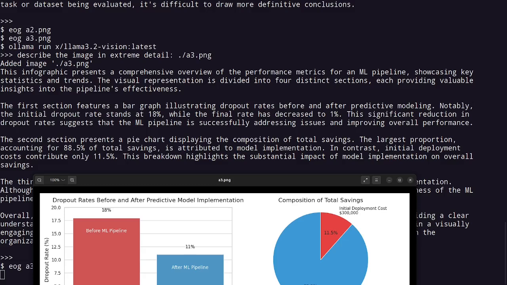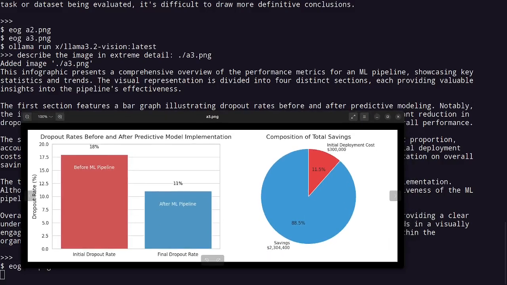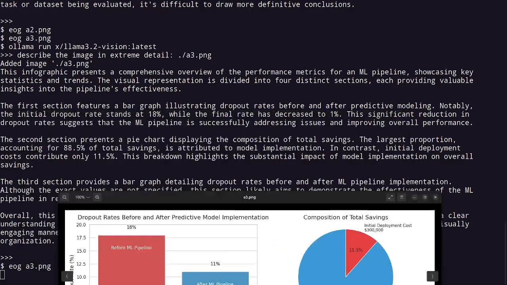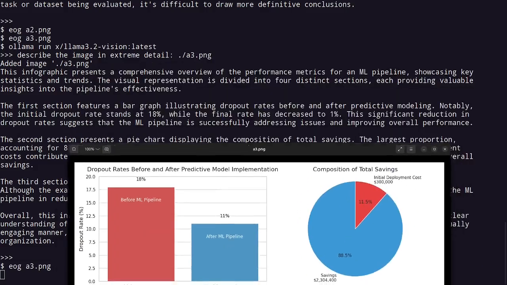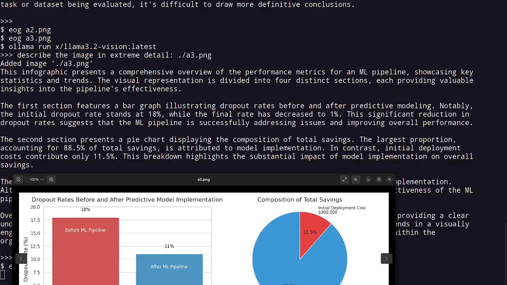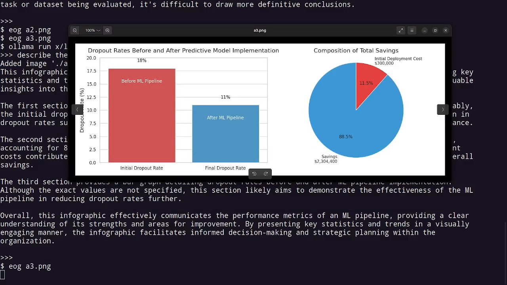Okay, then 88.5% of total savings. Okay, it extracted that. And okay, so cost contributes to only 11.5%. Okay, that's excellent. Wow, it did get a lot of ideas, almost like a human being extracting. So it does have some problem when the text is not very legible. Clearly the text is not legible here. If I convert this to black and white and increase the contrast, this probably will not even be legible by a human being. So I can't be too harsh on this model for not being able to read 11 and mistaking it to be 1%.